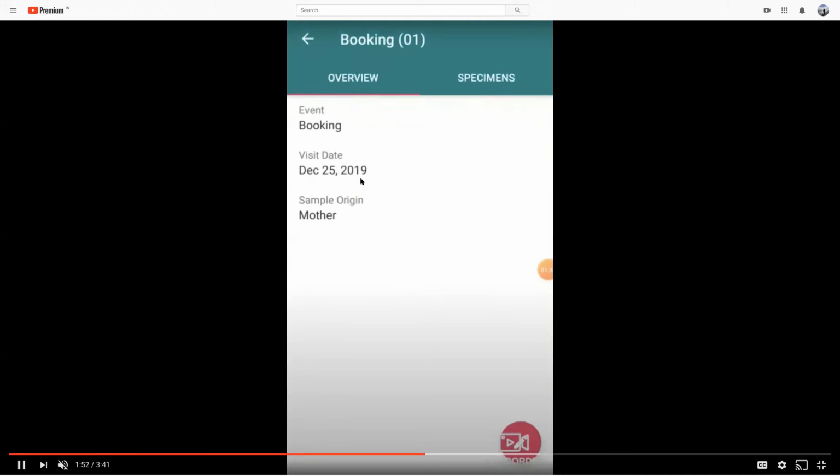This is showing the overview when you go into an existing visit. And like you see in the participant page, there were additional tabs for, say, the visits and the specimens. Similarly, when you go inside the visit, it only has the specimens, that is the primary specimens of that visit. So that's the natural progression in terms of data.